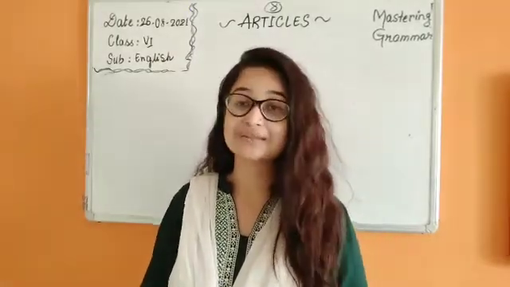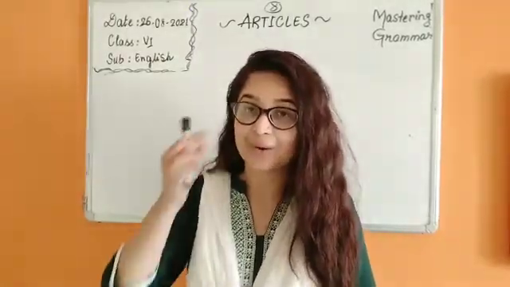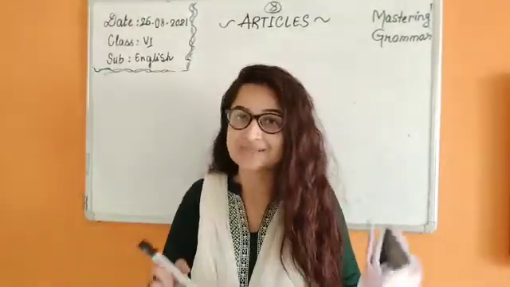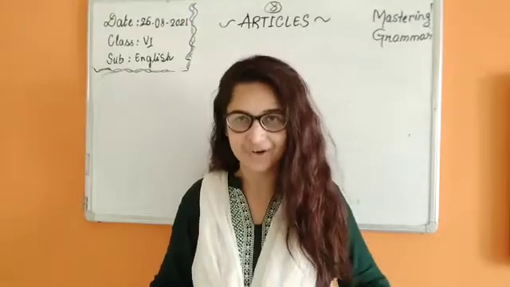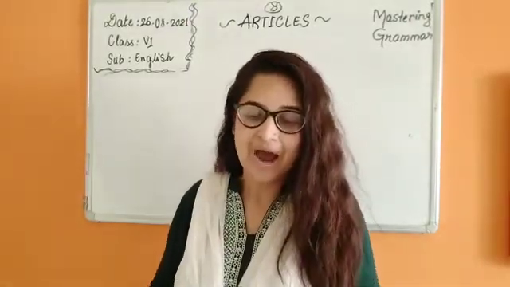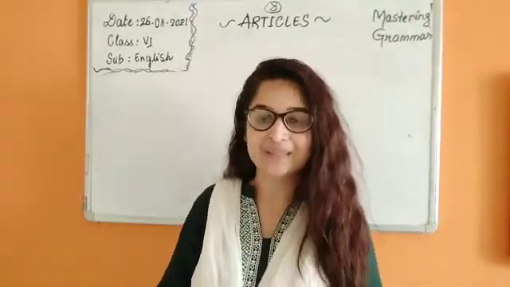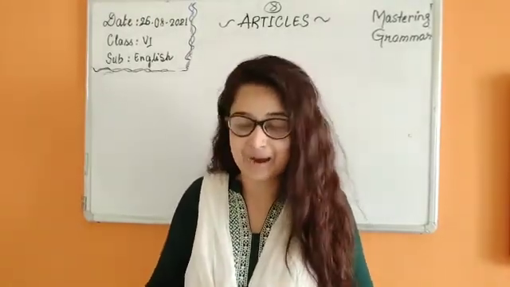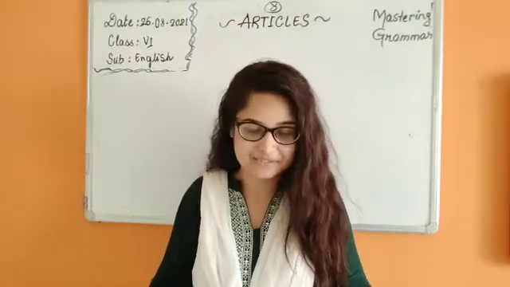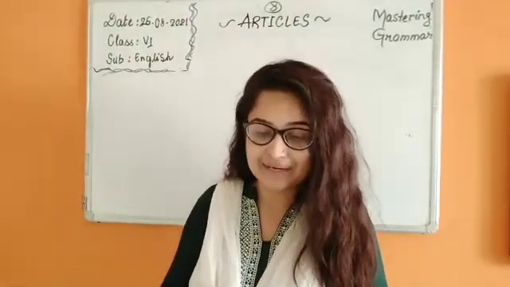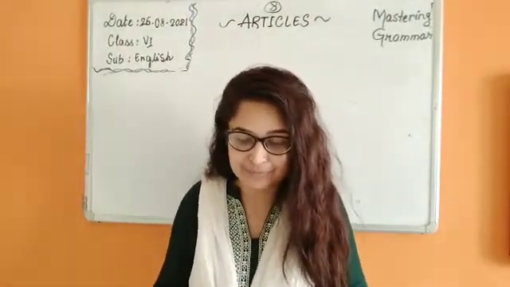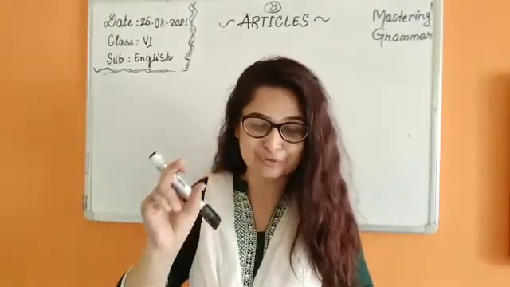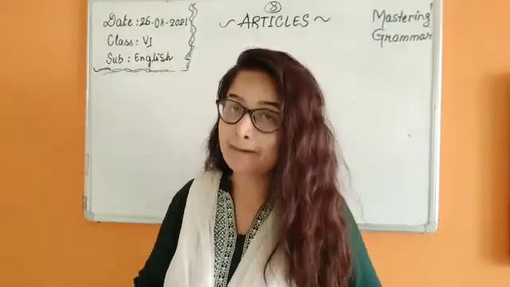Now children, with this chapter we are going to learn in detail how to use these articles. You know the words which are called articles, right? Like a, an and the. These 3 words are articles, and they are used with nouns. They are used to point out things, people, animals and places. For example: the bicycle that my dad gave me is red in color. Before bicycle we can see the use of the. He gave me a book to read.